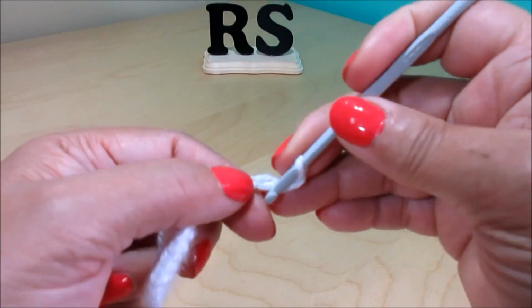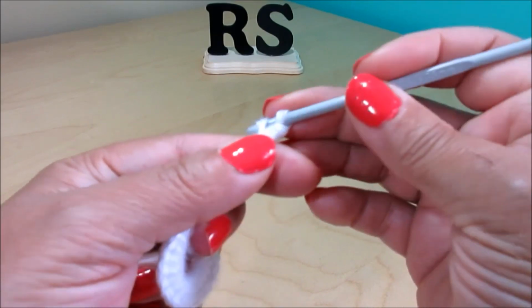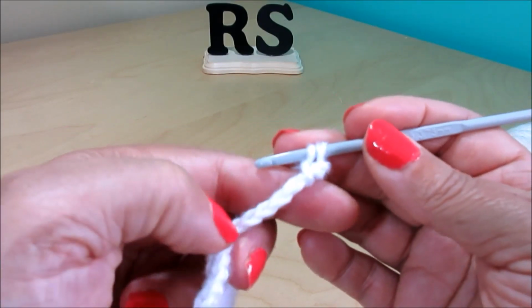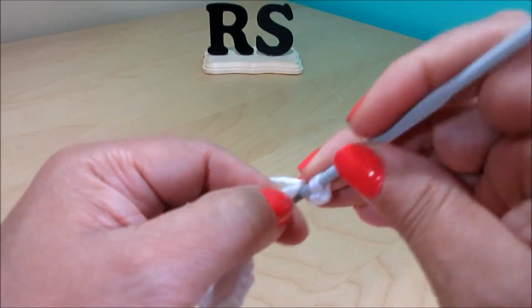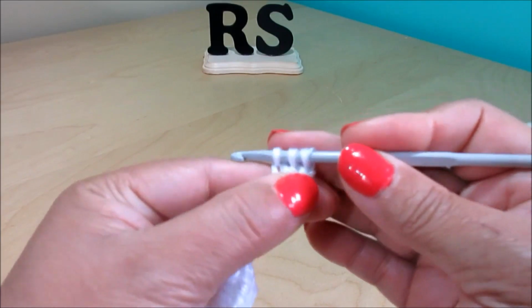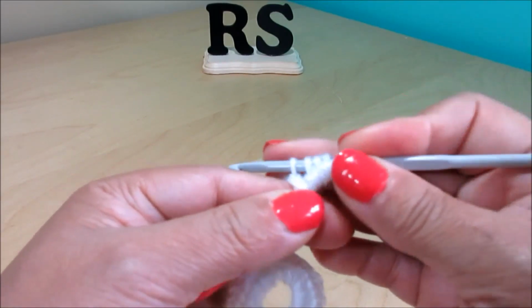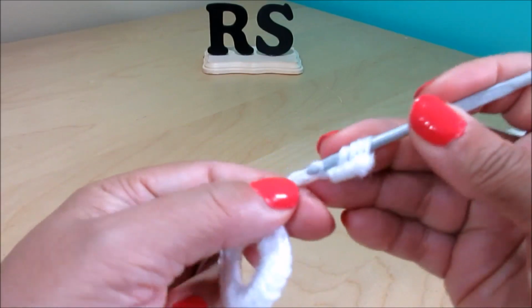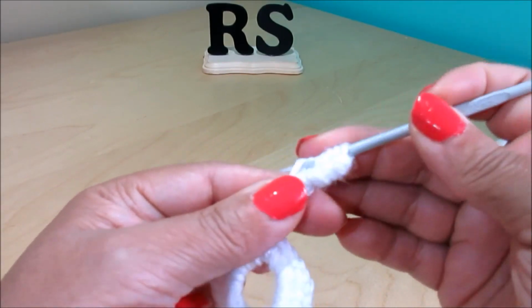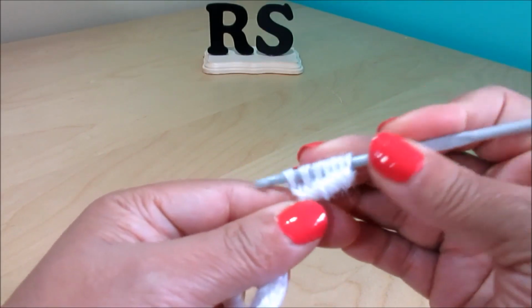Now we're gonna work in this chain. You're gonna pass your hook under the chain, pull your yarn to the top, and do a chain. You have 2 loops. That's what we're gonna do in here. Again, bring the yarn up, chain 1, you have 3 loops. 4, 5, 6, 7,